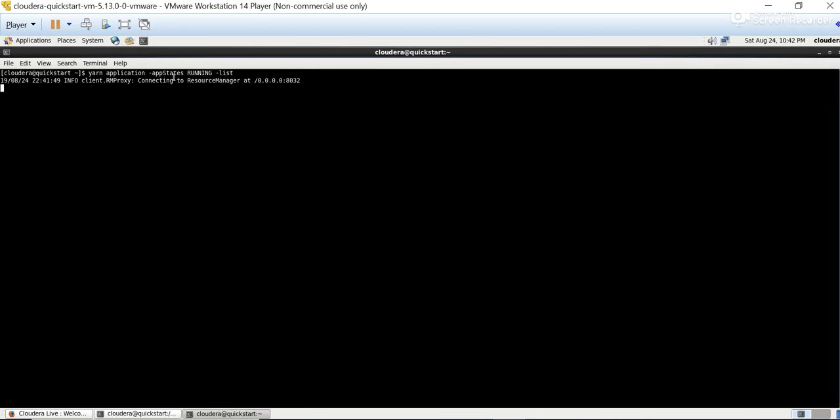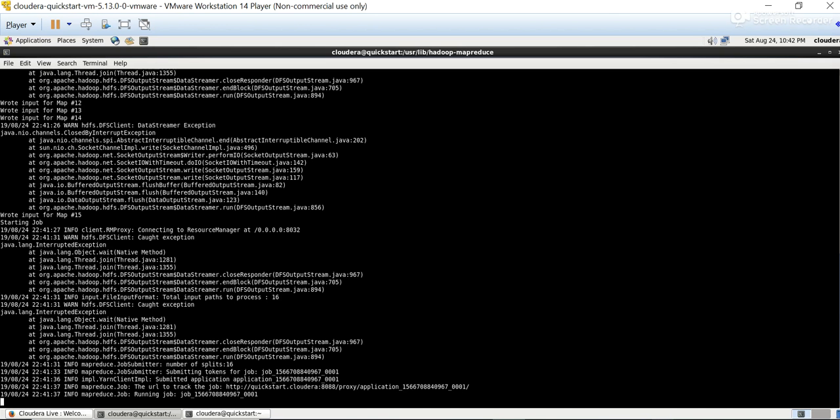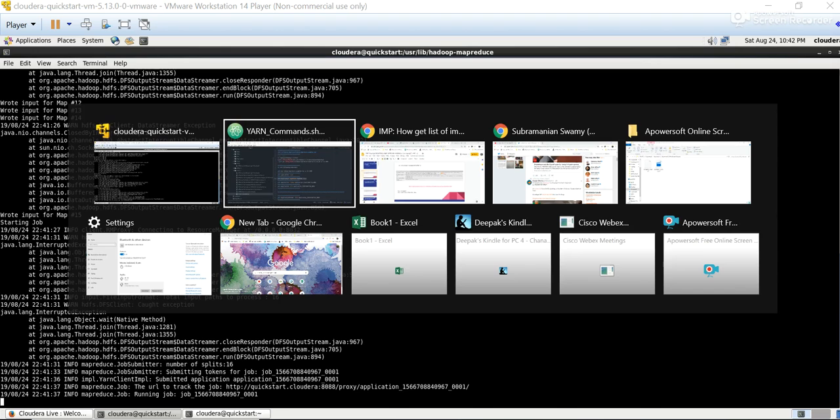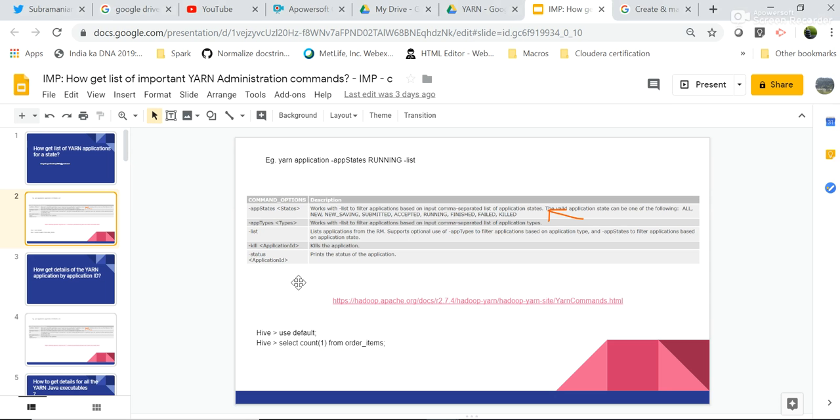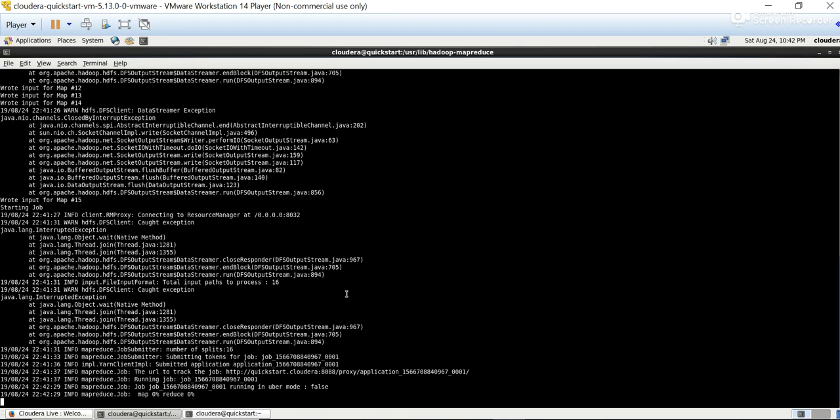So first you see that yarn application has many ways we can call it. You can call it using the app state or app type, based on whether it is a Hive job or a yarn job, or you can also get the details for a particular application, or you can kill a particular application. So you can get those details as well. So you can see here,